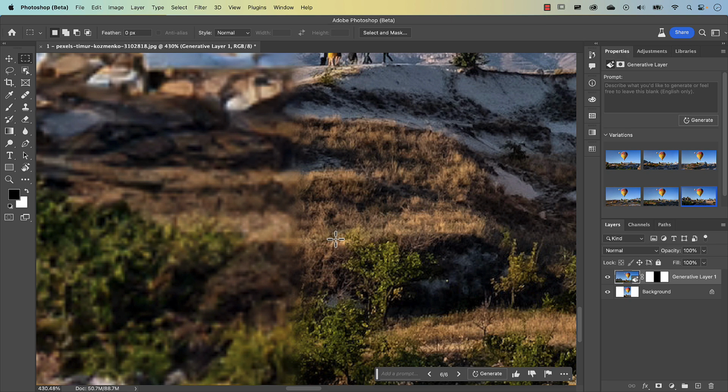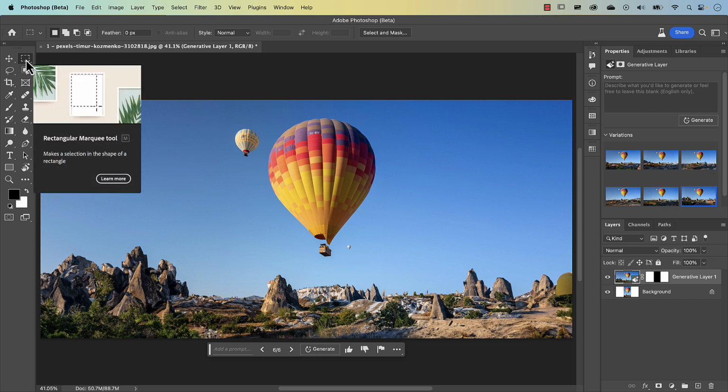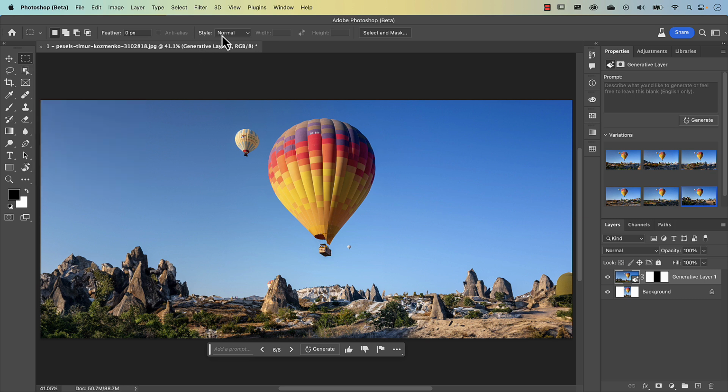The reason for this is that Adobe generates 1024 pixels wide by 1024 pixels high. If you've selected an area larger than that, it simply stretches out that image, which is why you see this blur here. Now, one workaround is that you can select 1024 squares one at a time and generate each. If you really want to do that, select your marquee tool, clicking here or M on your keyboard, then go to style and go to fixed size. I've already played around with this, so I've set it to 1024 pixels wide and 1024 pixels high,